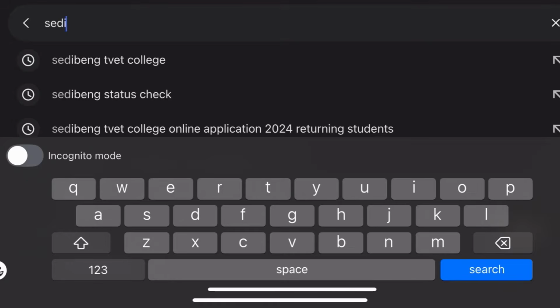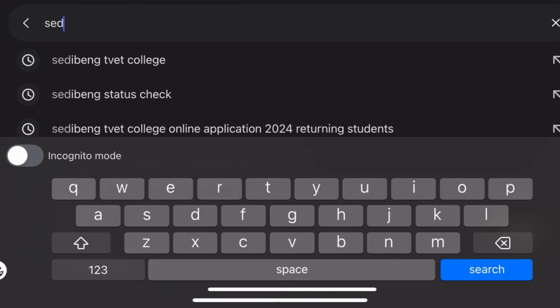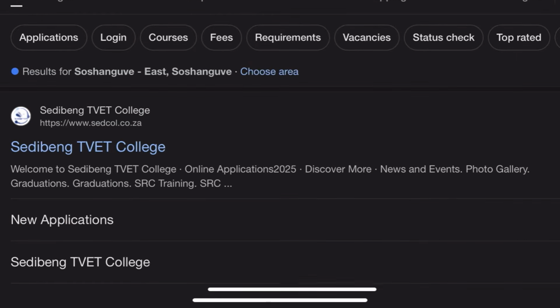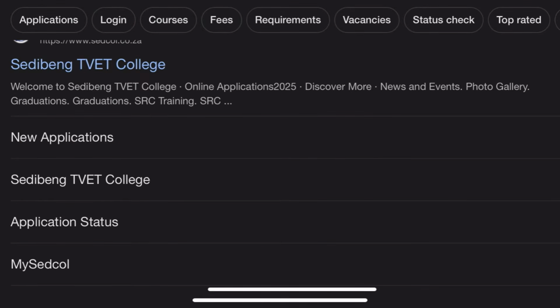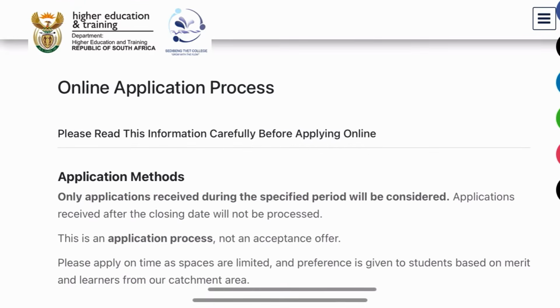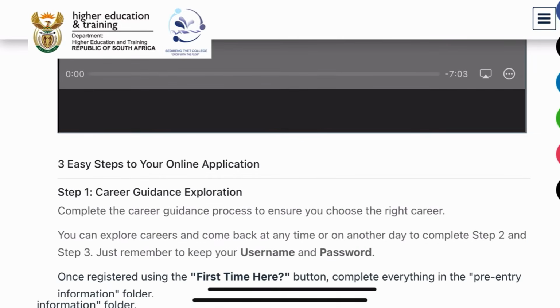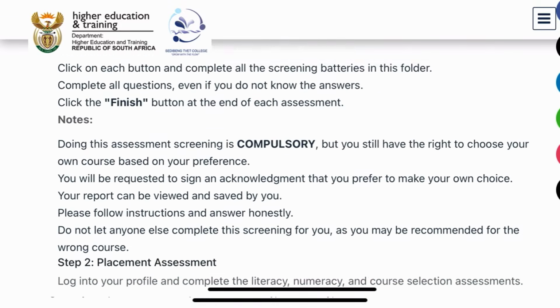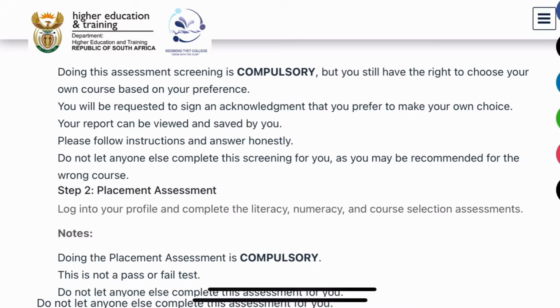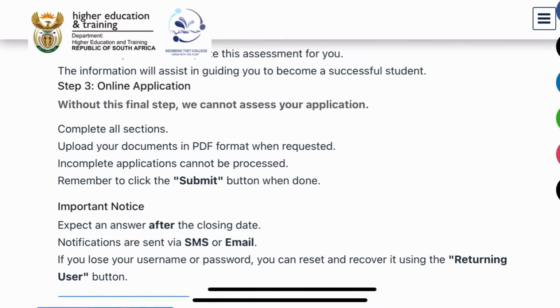So firstly, you have to go on your Google and you're going to type Sedibeng TVET College. You go there and type that and it's going to take you to this page, and you say new application, and this is the page. You must read each and every detail. If you're not sure, even watch that video. And you scroll down and they tell you all the process that you need to do before you start